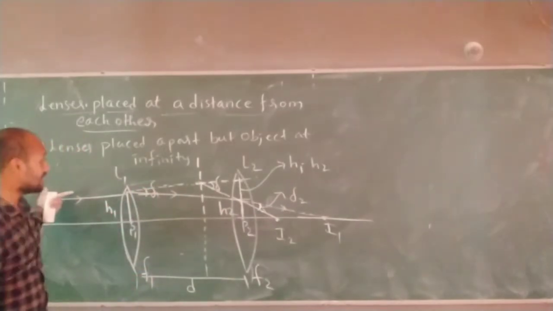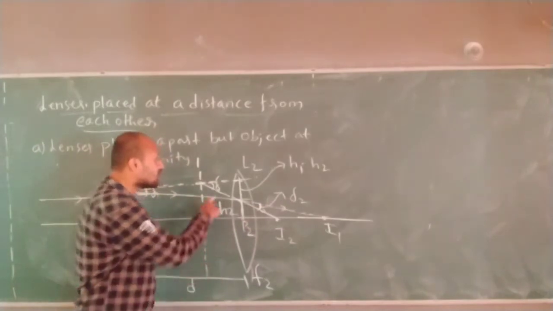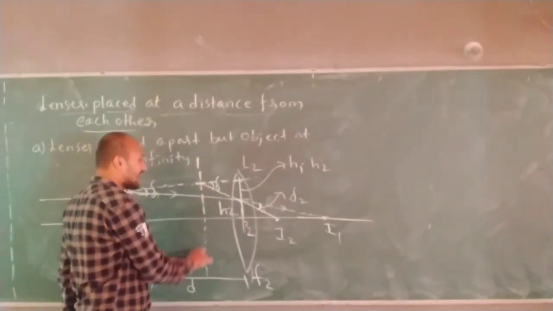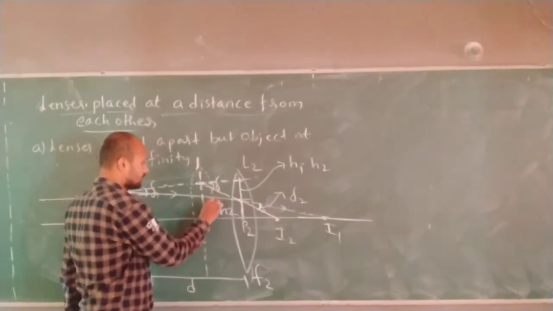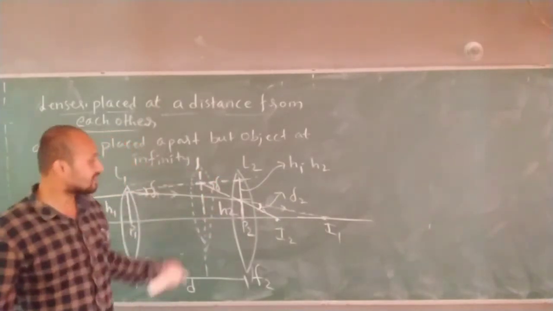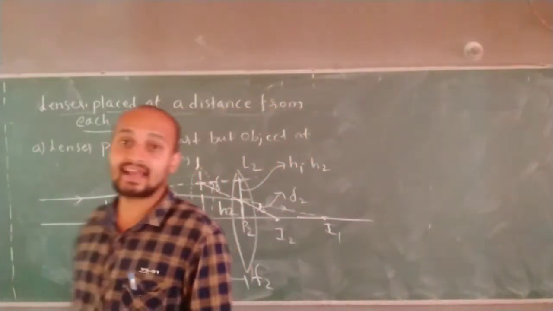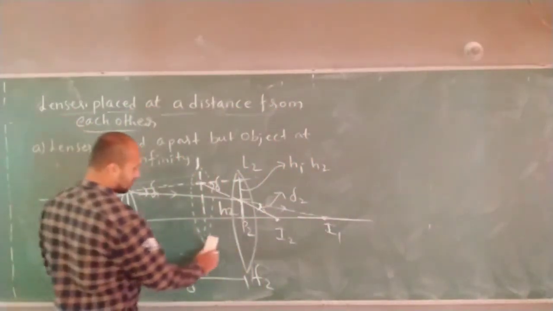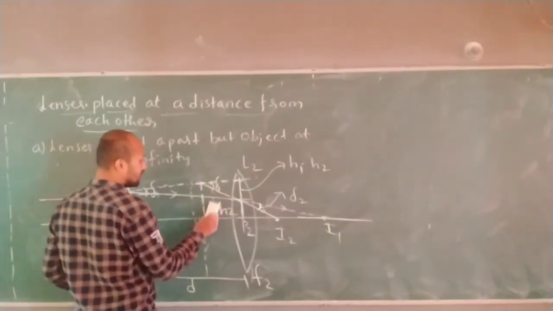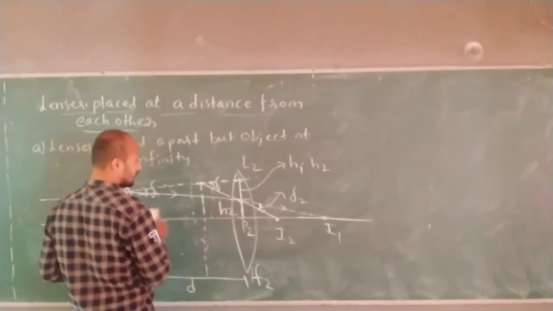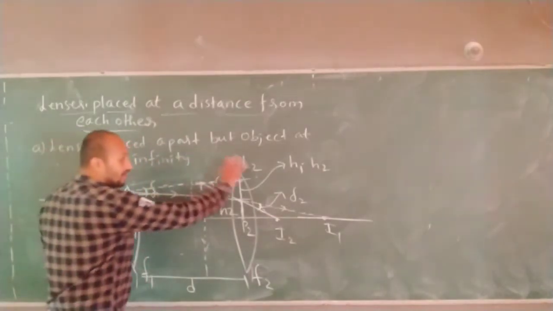If light was traveling from infinity like this, it got deviated like this by tau. So at this line, if I place one lens, this lens will act like an equivalent focal length. Yes or no? This lens will act like an equivalent focal length. Let me draw it properly. Correct? Because if this lens was not there, now I will use this.